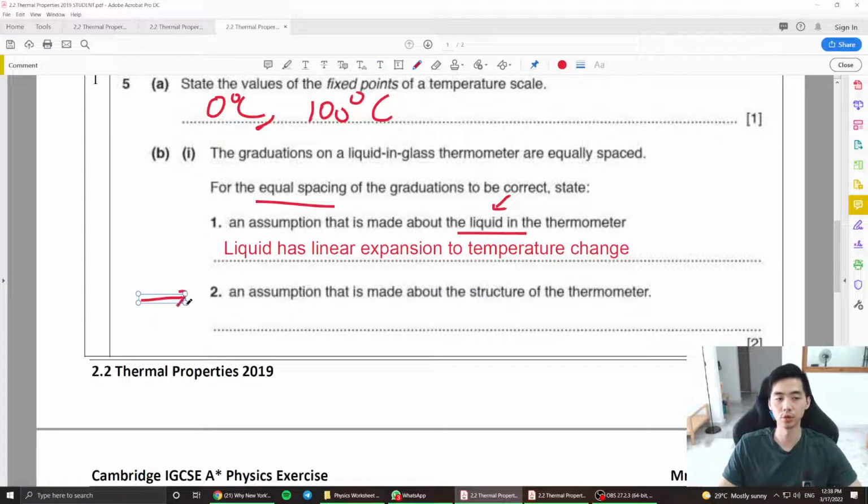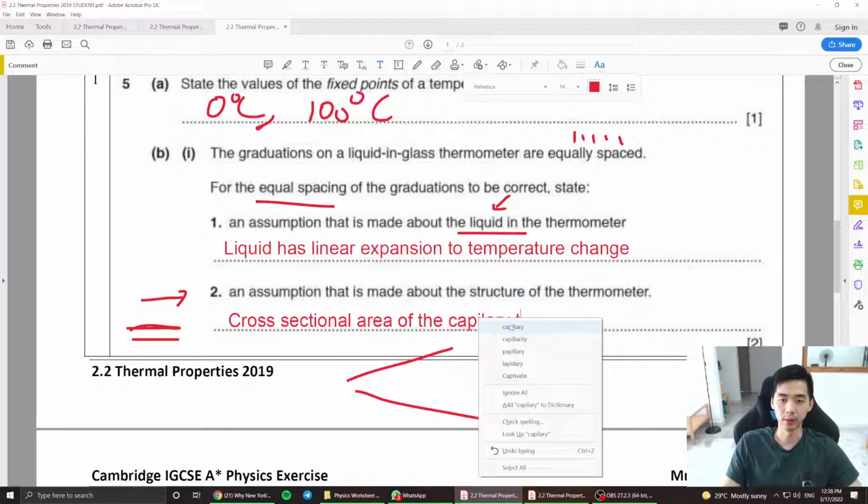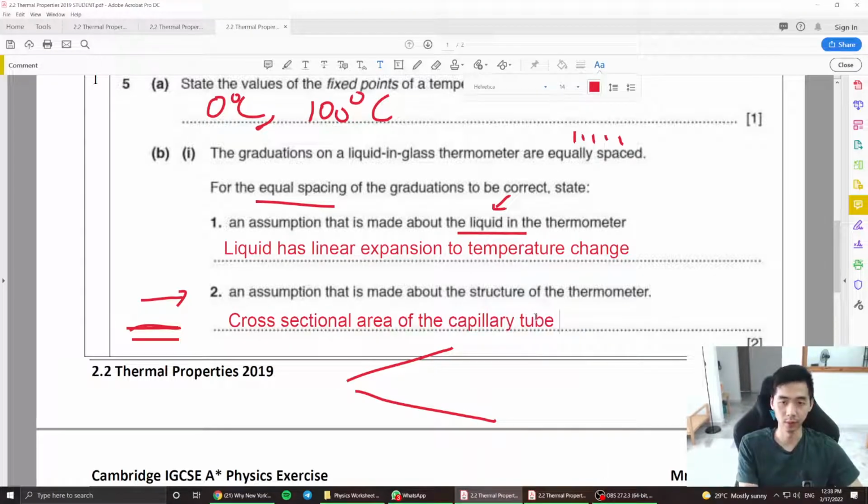An assumption that is made on the structure of the thermometer. Basically, in order for us to have equal spacing in the thermometer, we have to assume that the capillary tube is equal in terms of its cross-sectional area throughout. You can't have a capillary tube that is opening up like this here, then obviously it's not going to have a linear expansion. So your answer here should be: cross-sectional area of the capillary tube is constant. Okay,